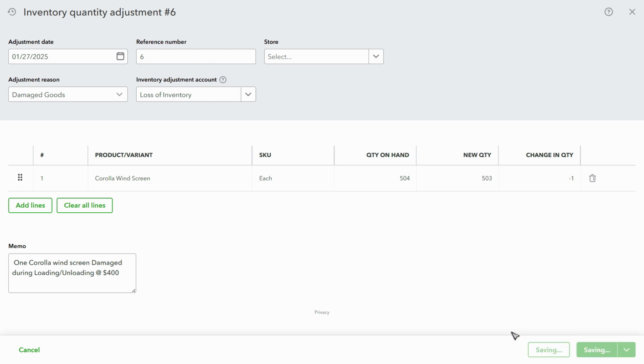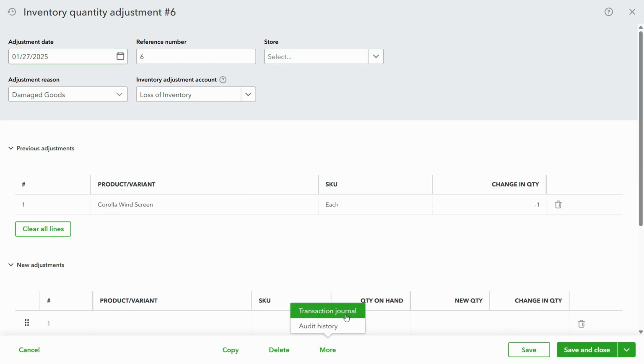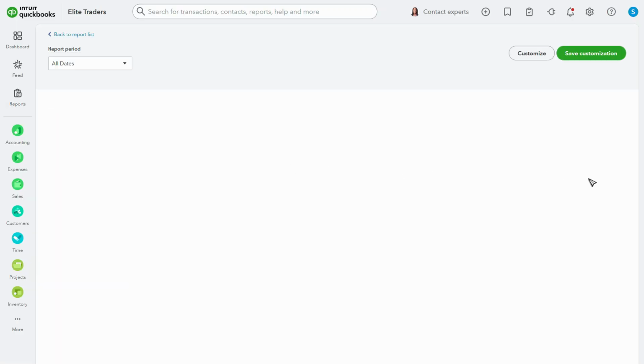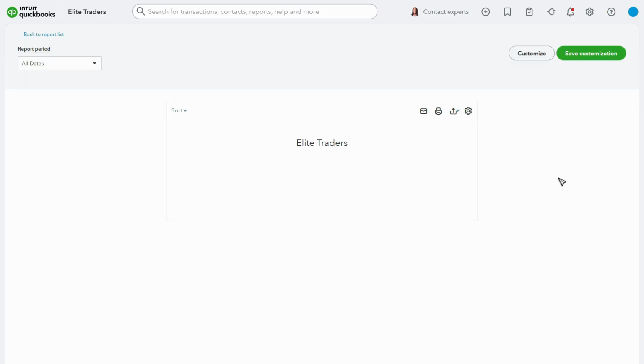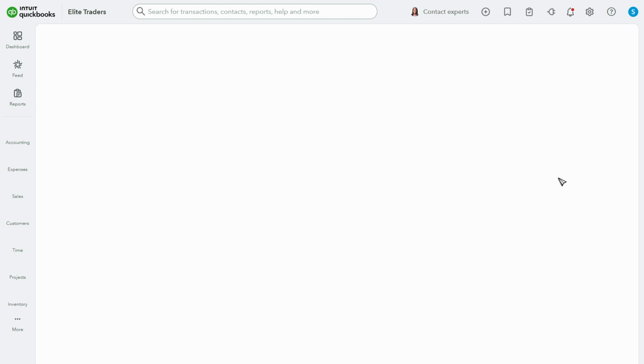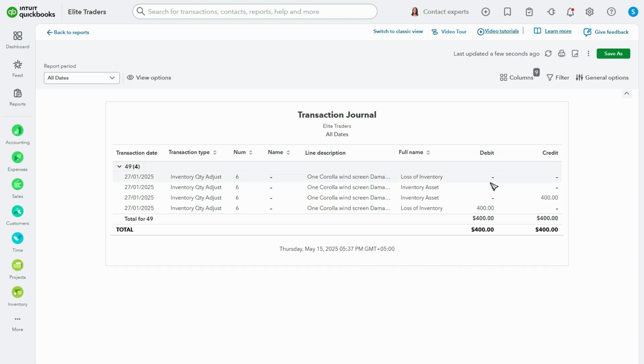So click on save and we can click on more to check the transaction journal. It should be loss of inventory debit as an expense and inventory should be credited against that. Now just ignore these ones because these are blanks. This may be because of extra fields inserted. But the entry is exactly like I said, inventory asset is credited and loss of inventory is charged as an